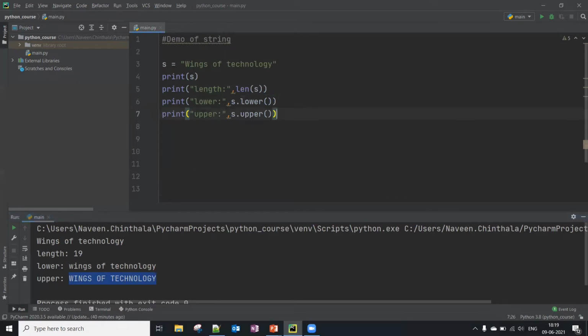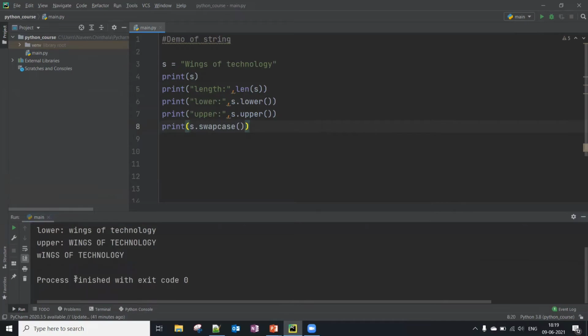And we have, let me write directly. Okay, I won't write anything here due to time constraints. So you can say swap case. Okay, so this will simply swap the case of the characters. So this W was earlier upper, now it becomes lowercase.